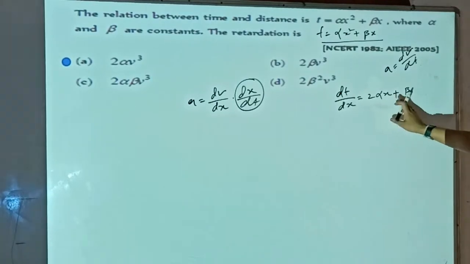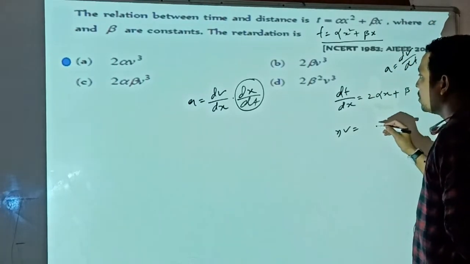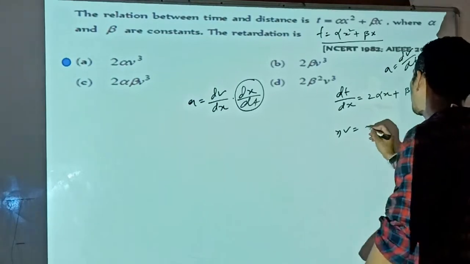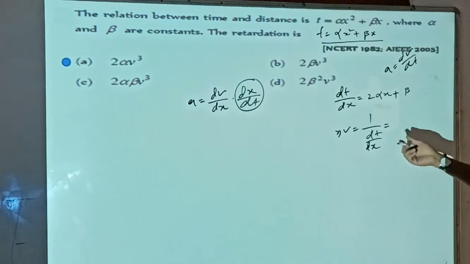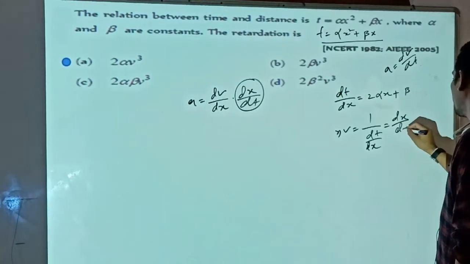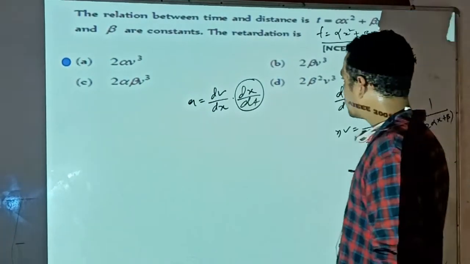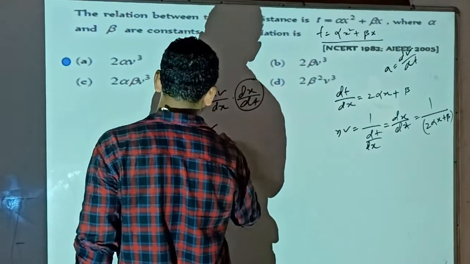So the value of dt by dx will be 2 alpha x plus beta. If we reverse this equation, then you will have v, since v is dx by dt. Taking the reciprocal of dt by dx, you will have dx by dt, which will be 1 by 2 alpha x plus beta. So you will have v, and you can put this value in this equation. So let's have dv by dx into